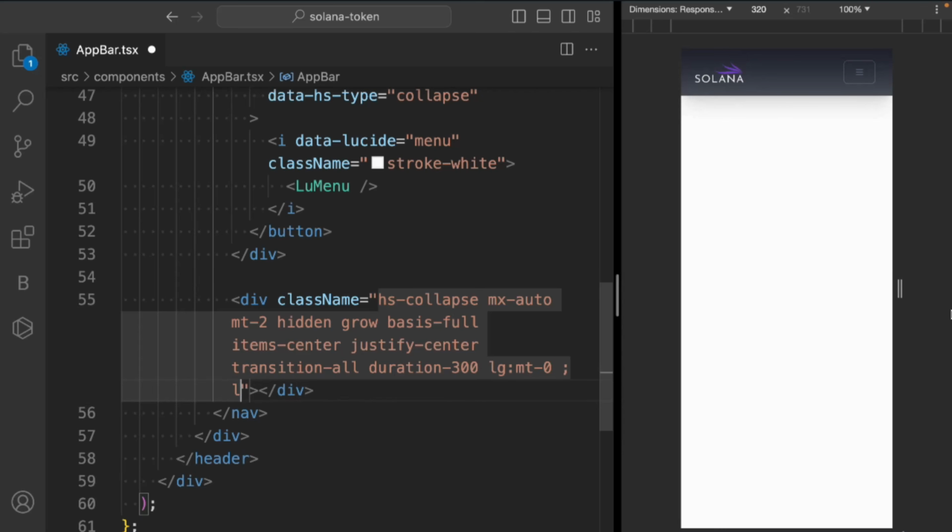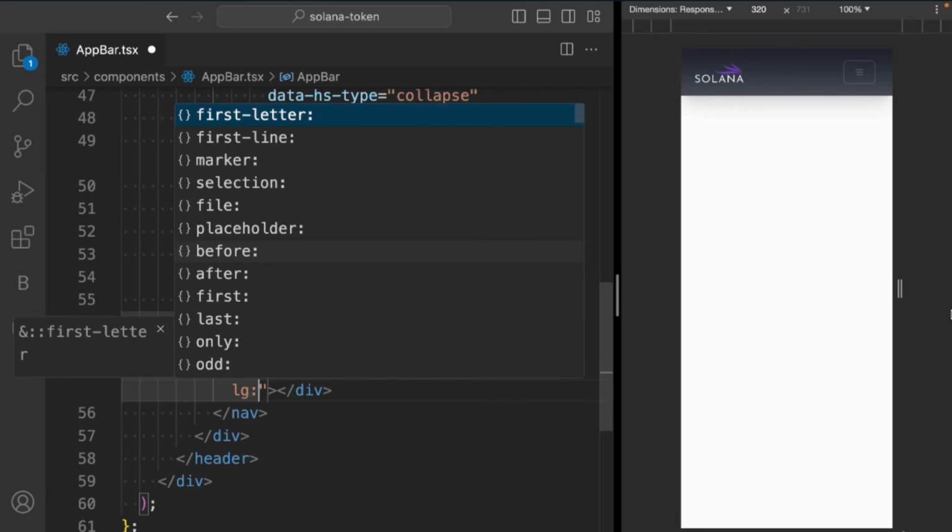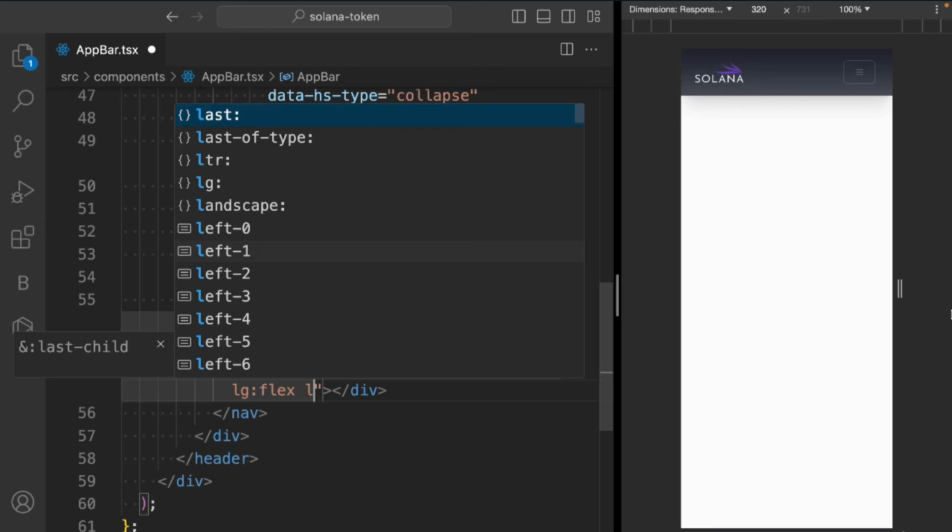Okay, just bring it back and we'll say large is going to be a flex. It will have the large